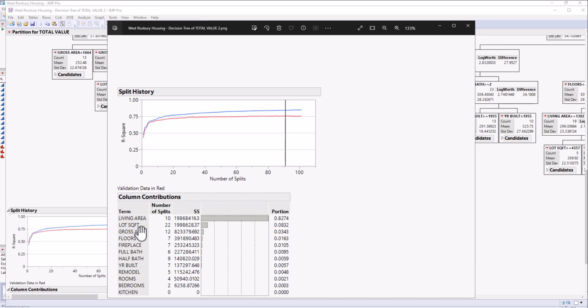And next one, the lot square foot, we have 22 splits based on lot square foot, but the contribution is much smaller, right? Because maybe it's just because the difference is not that significant, right? So then your contribution is not as much, even though you have more splits based on the lot square foot,